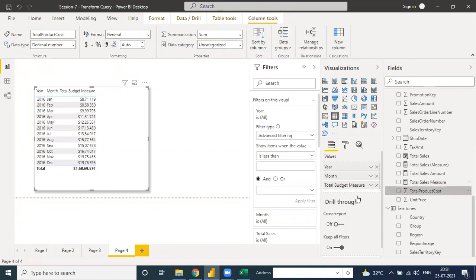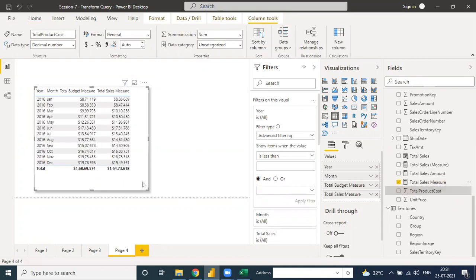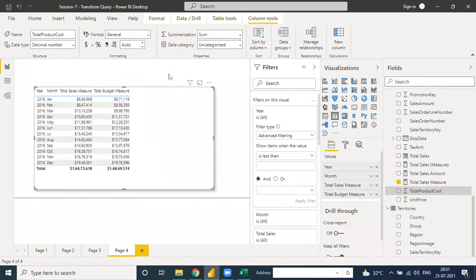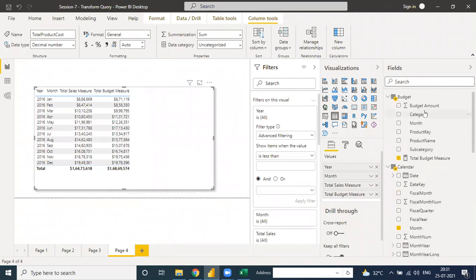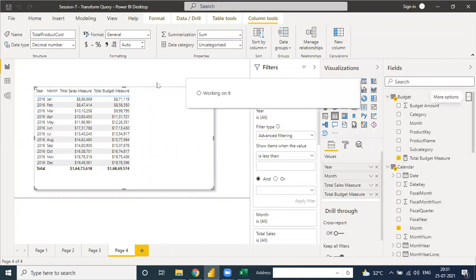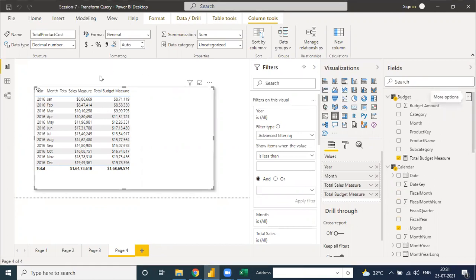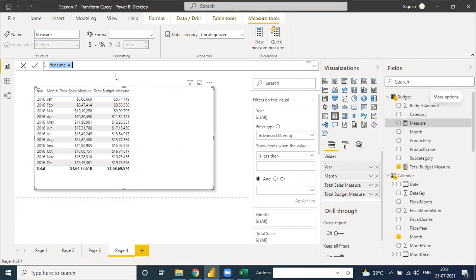So this one we have to put, see, make the changes up and down, sales and budget. Now we create the best measure, which is variance. And how to create a variance measure? Simple. Go to budget, click here, new measure. Just a simple formula. Sales minus budget.